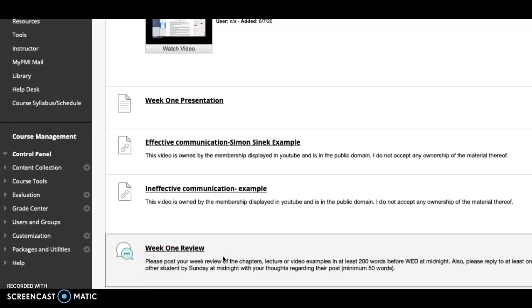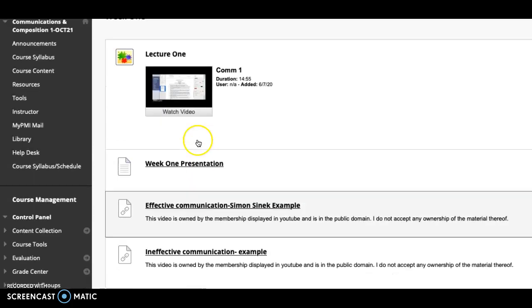You've got to post at least 200 words in the discussion board, your initial post, by Wednesday at midnight. So write everything that you can in that 200 words, post it by Wednesday at midnight. And then when other students do the same thing, you're going to reply to at least one other student by Sunday at midnight. So you're going to have 2 total posts, 1 initial post and 1 reply, and then you should be all set from there.